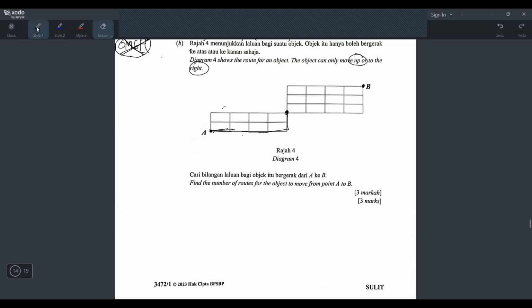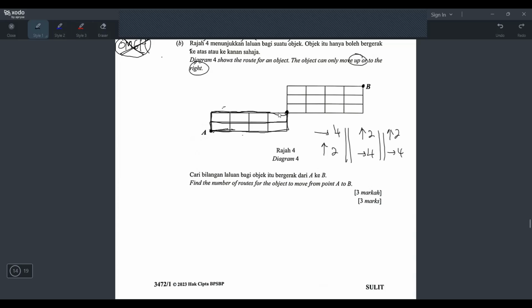Okay. Let's think about this. It means you can either move like this, where you move right 4 unit and then move up 2, right? But you can also go like this. Go up first and then go up and then go like this. Can also, right? It means you can also go up 2 and then go right 4, right? Or maybe something like this. It means you go up 1 and then go to the right 4 and then go up 1. It means in total you will go up 2. So do you realize